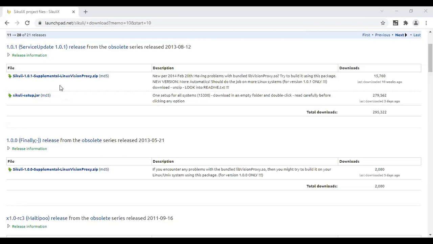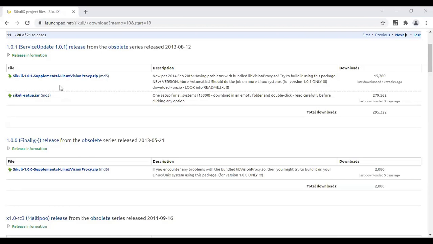Sir, where is the zoom? It's not working. 1 second. 1 second, sir. If I want to zoom. Yes, sir.